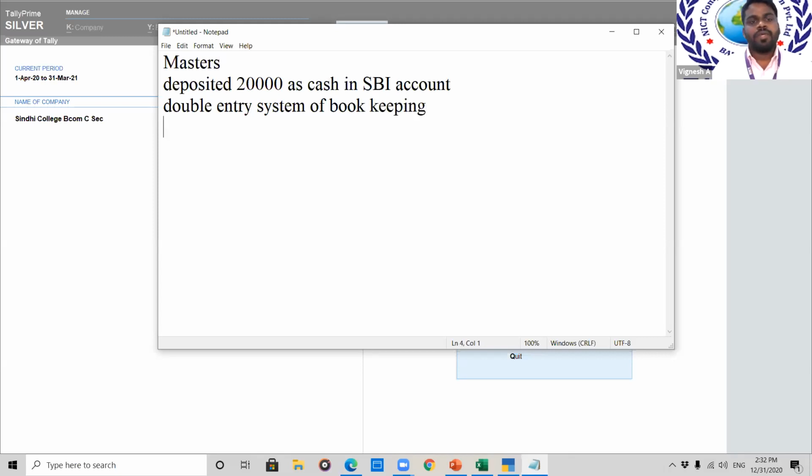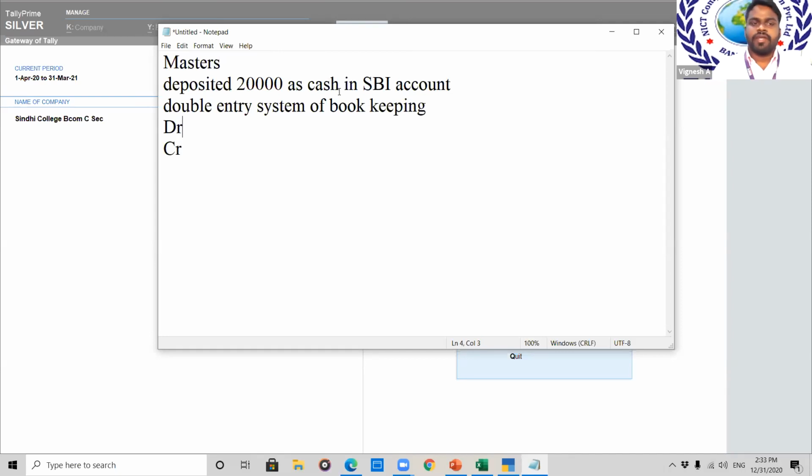In the double entry system, we need to have both the debit aspect as well as the credit aspect. That is your double entry system. We also have the single entry system concept, which we call not a complete system of bookkeeping. The double entry system we term a complete system of bookkeeping. We need to know the money coming in and the money going out so that we have a complete report. That is why we follow the double entry system.